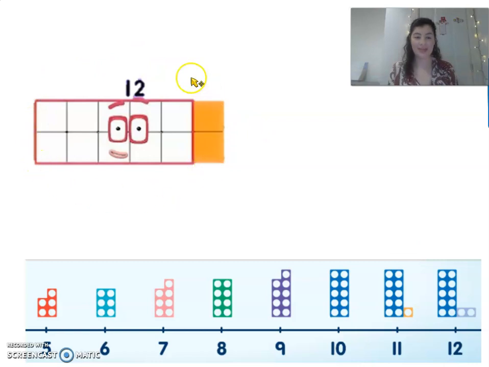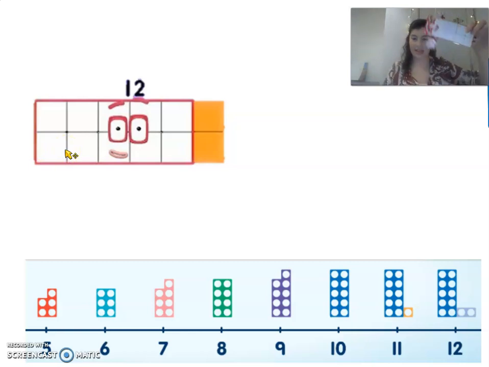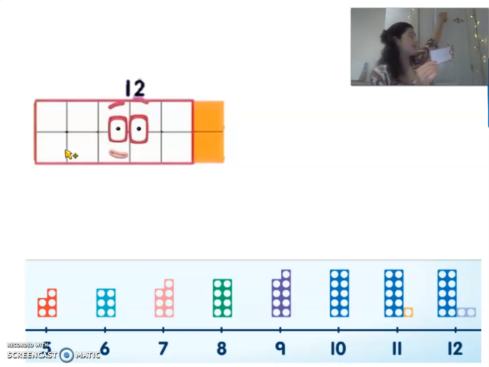So have a look. Can you see number block number 12? Now number block number 12 is made up of 10 again. But 10 is actually sort of that way, isn't he? 10 is this way. But what is on the end of 10's feet? What number? Is it number 1? Should we put him there? Is it number 1? No, so it's not 11. It's one more than 11. It's number 12 because number 2 number block is on the end of his feet. Look, 10 and 2 all together make